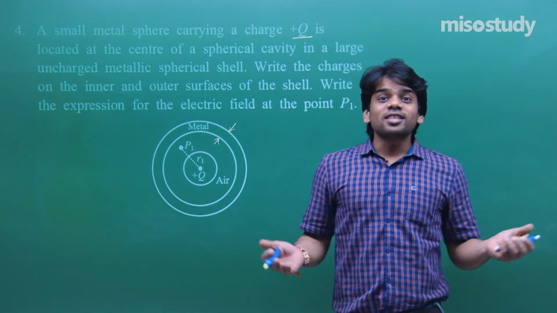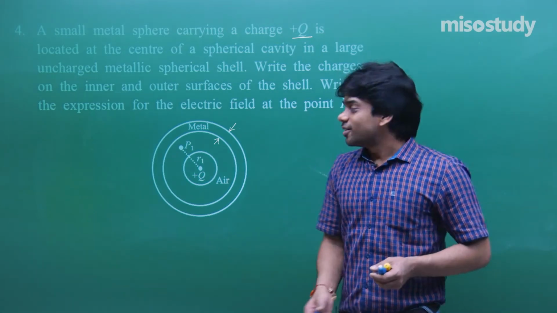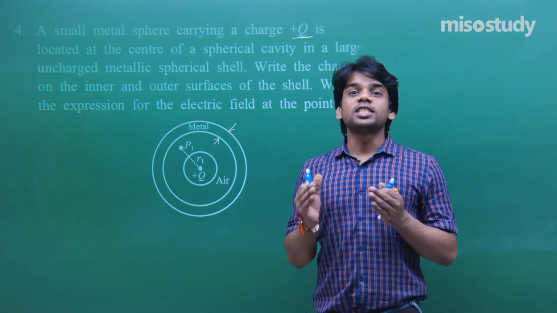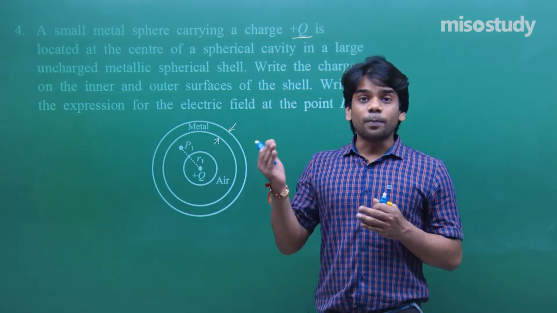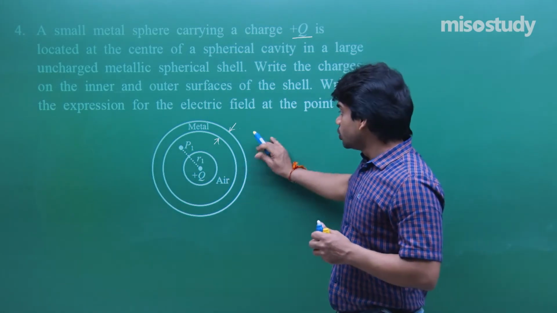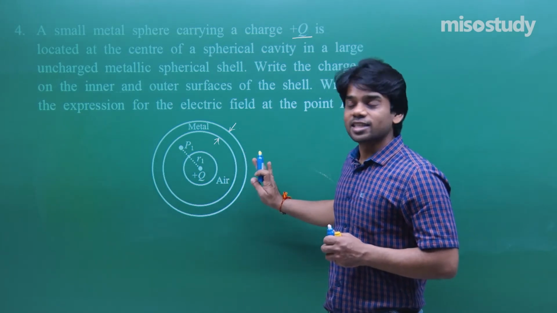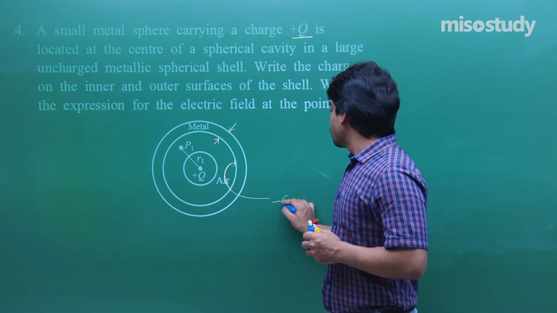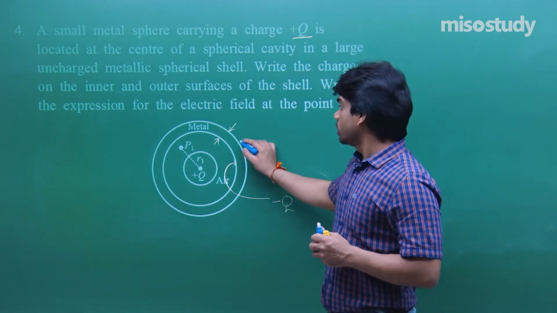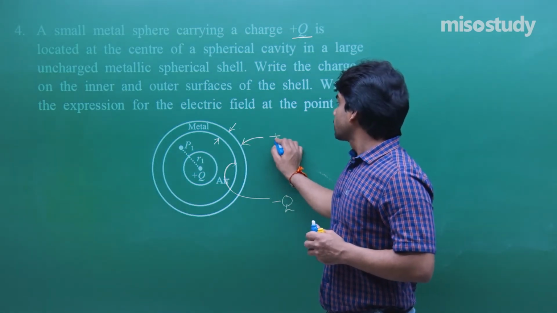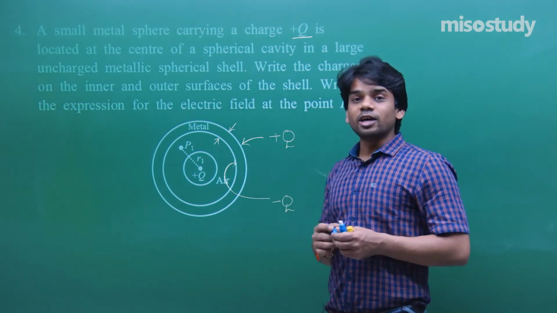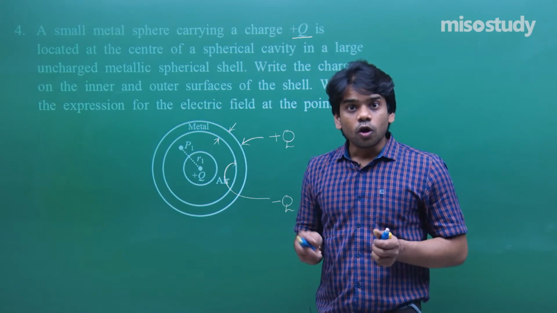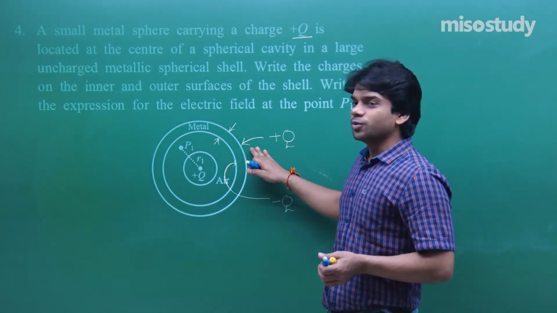Now we have discussed such kind of case in our regular class. It's a metallic shell, and I have told you all, first of all, charges, since it's a metallic shell, will appear on the surface, and this is neutral. Due to charge induction, here automatically inside you will get minus q charge, and since it is neutral, here the charge induced will be plus q. So you can write down on the inner surface the charge induced will be minus q, on the outer surface the charge induced will be plus q.